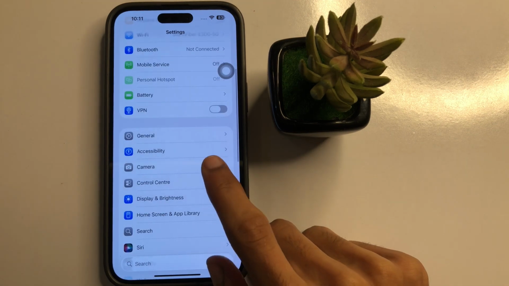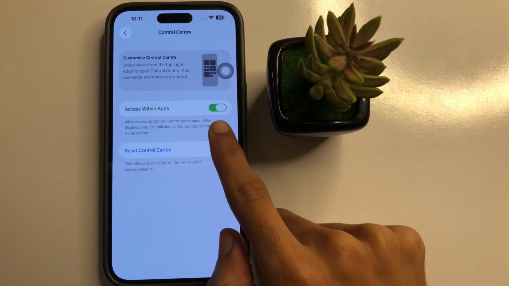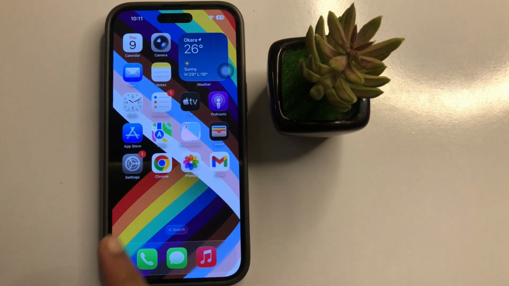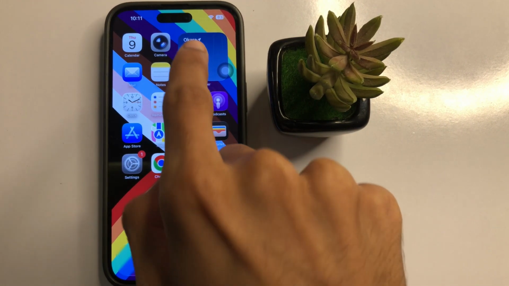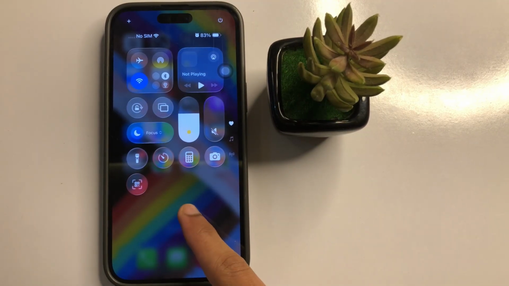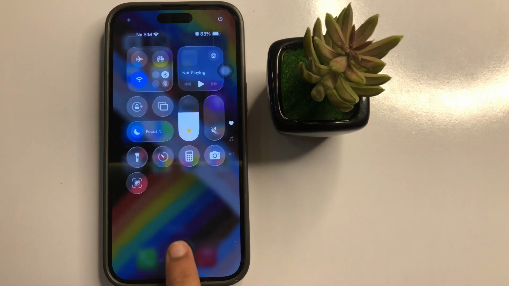Now here click on control center. So first of all turn on this button. After turn on this button, so after turn on control center, open control center, swipe down and click and hold screen and click on add a controller